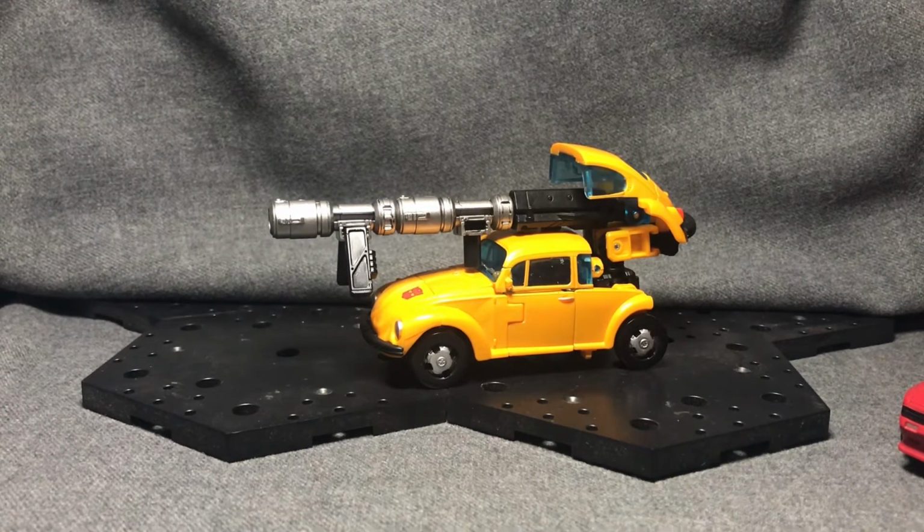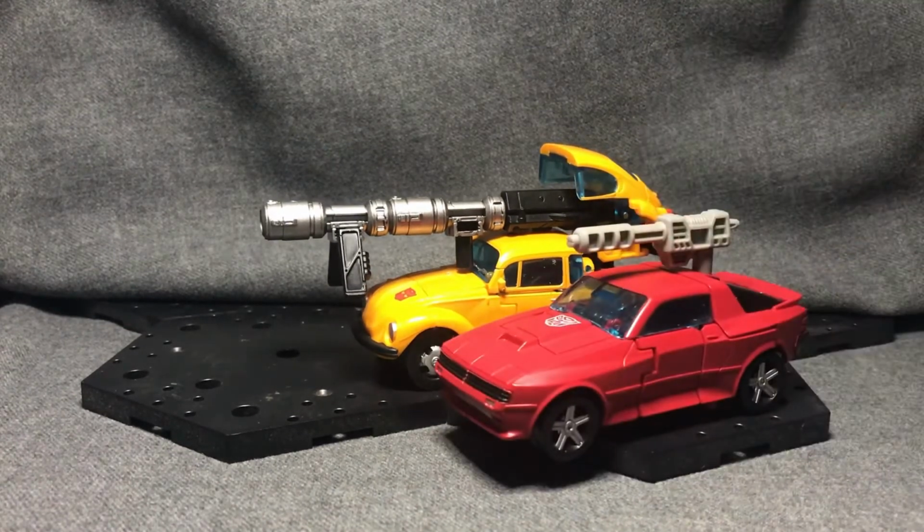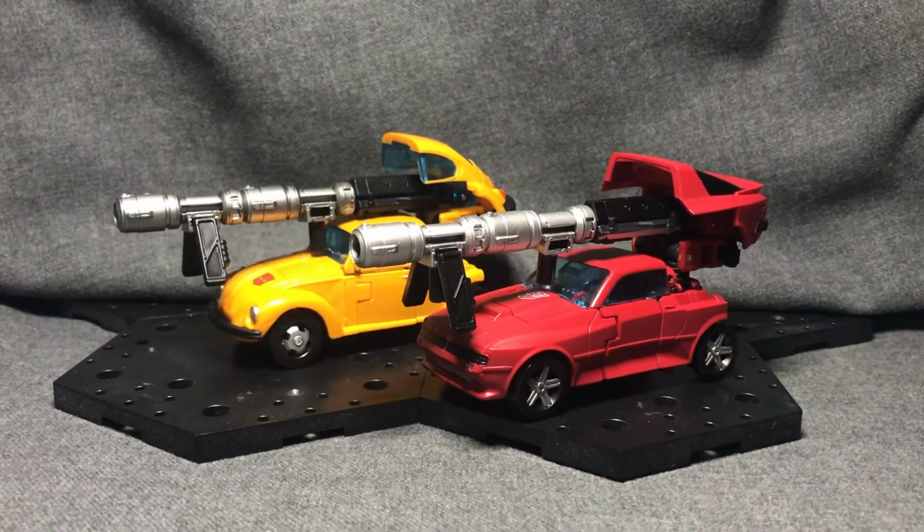Okay, yeah, that's a weapons mode. And yeah, Cliff Jumper can do that too. If you get back, just give me a second. So yeah, apparently this is something the mold could do that I didn't know about till I got Bumblebee. And I have the hubcap figure as well, so...